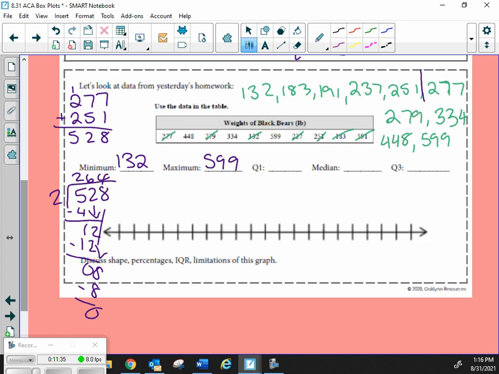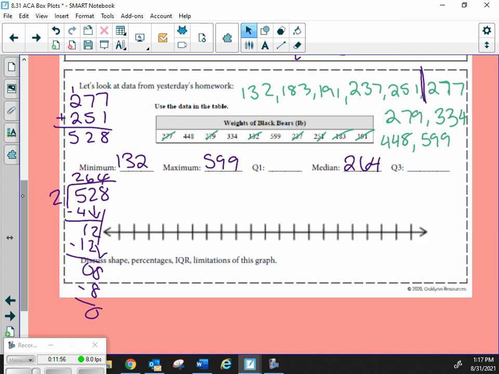So, does 264 make sense in there too? Does it fit in between? Yes, it does. Our median is 264. Now, when it's splitting those two, remember I still include 251 on that side. It is not claiming to be the median, so it still gets to say I'm a part of this party. 277 is still a part of the second half party.